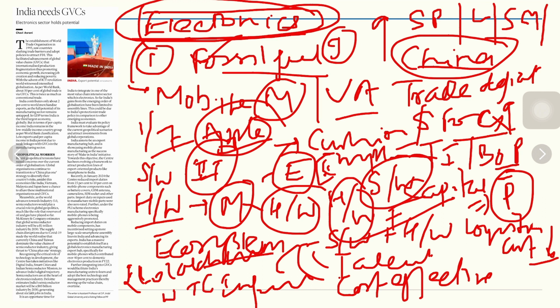One significant event that happened in the form of trade was the World Trade Organization that was set up in 1995. What was the motto? To slash trade barriers among countries and adopt policies regarding the FDI. This facilitated advancement of global value chains that internationalized production fragmentation. It promoted economic growth. It also created jobs and it reduced poverty.